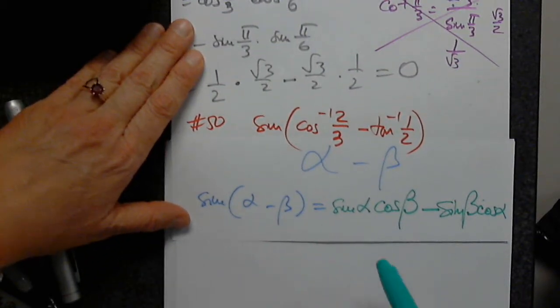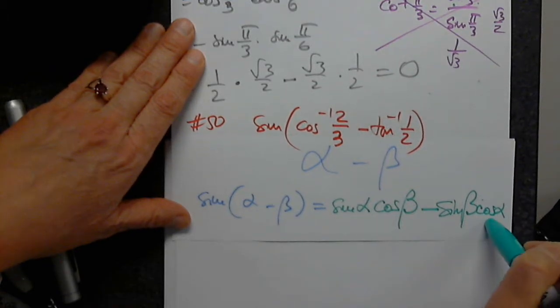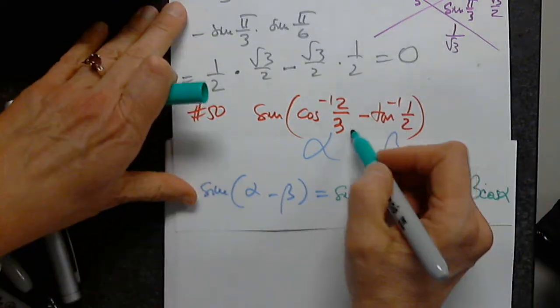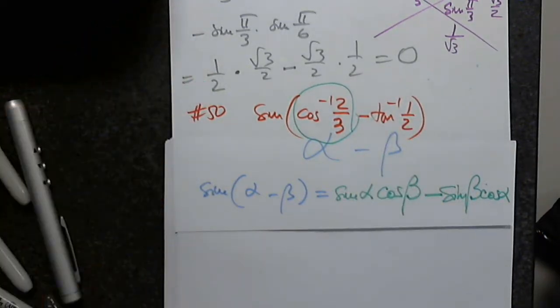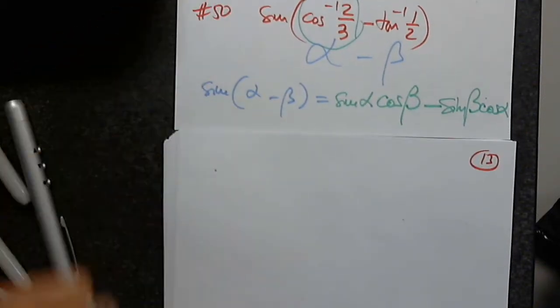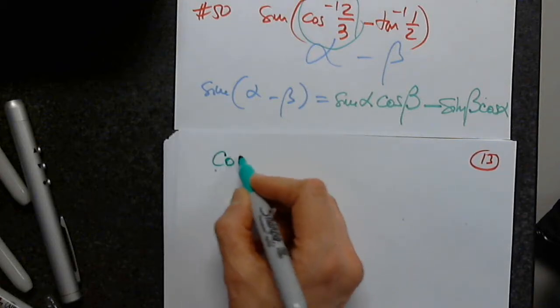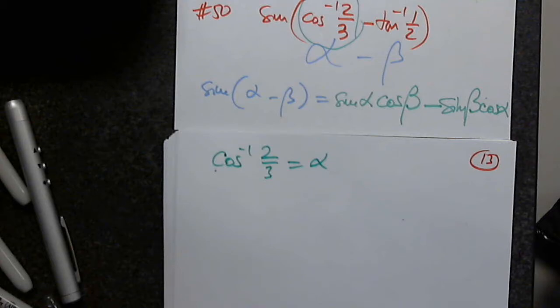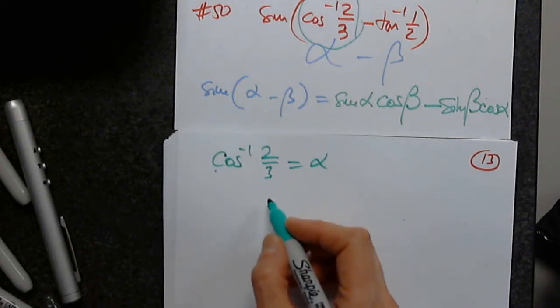So now I know that I have to come up with 4 pieces. Good. So I start with this, because I don't know what angle that is. I have no idea what angle has cosine 2/3. No knowledge of that whatsoever. So I have cosine inverse of 2/3 equals alpha, which means